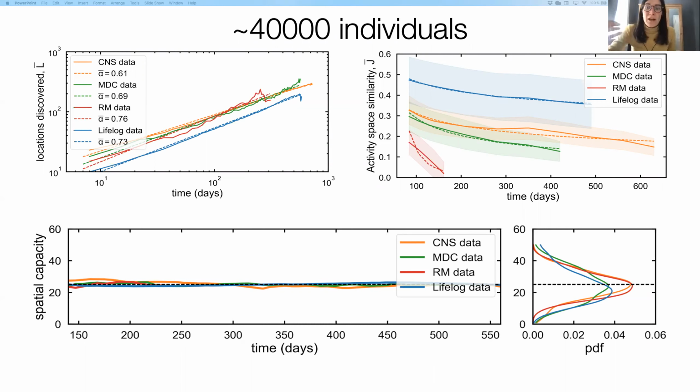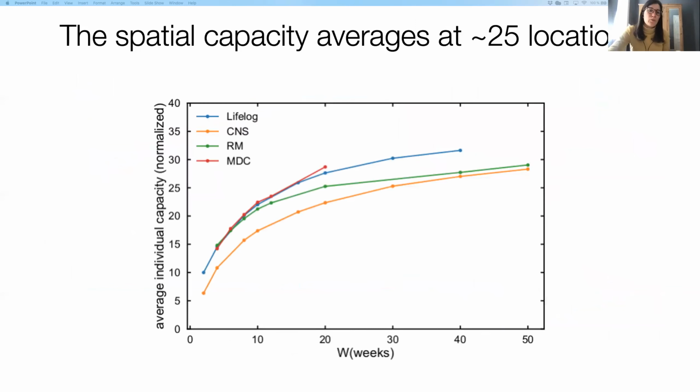And when I say no matter how we define it, it is because, of course, there's an operational definition of the activity space. And we figured that when we increase the window of time that we consider to count what are the important places in our life, as we increase this window, the number of important locations looks like it's saturated around 25, 30 locations. So we have a spatial capacity of approximately 25 locations.